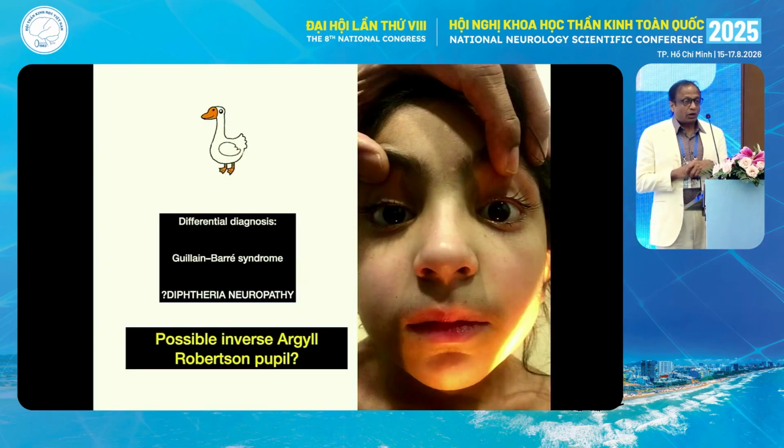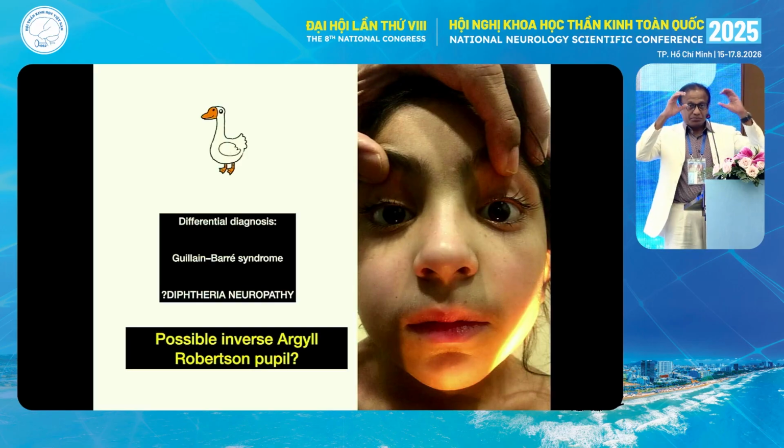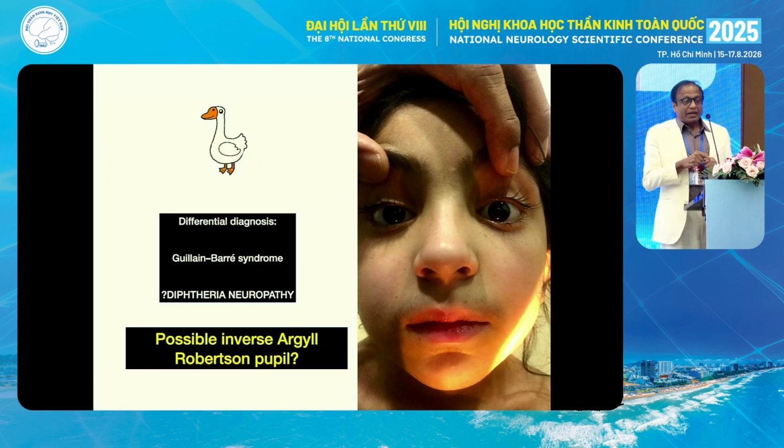So we all know in Argyll Robertson pupils, the patient's pupils respond poorly to light, but very well to convergence and accommodation. But in diphtheric neuropathy, one key feature is the opposite. It responds very well to light, but the patients cannot read because they can't constrict their pupils to convergence. So this lady had that, and that helped us confirm that hers is not Guillain-Barré syndrome, but a mimic